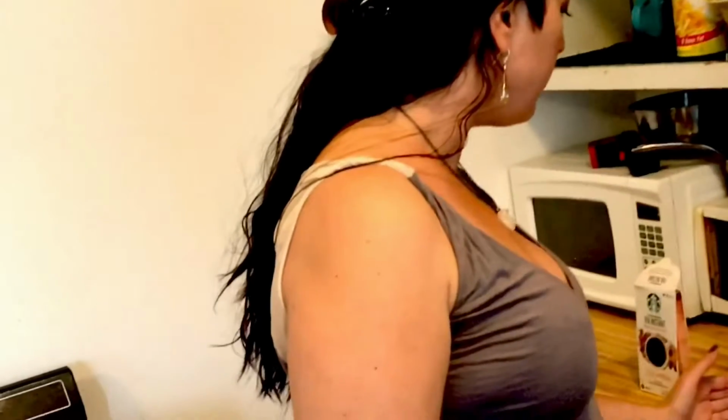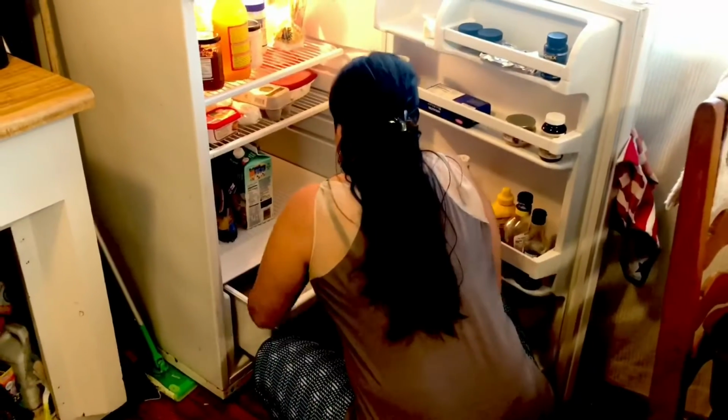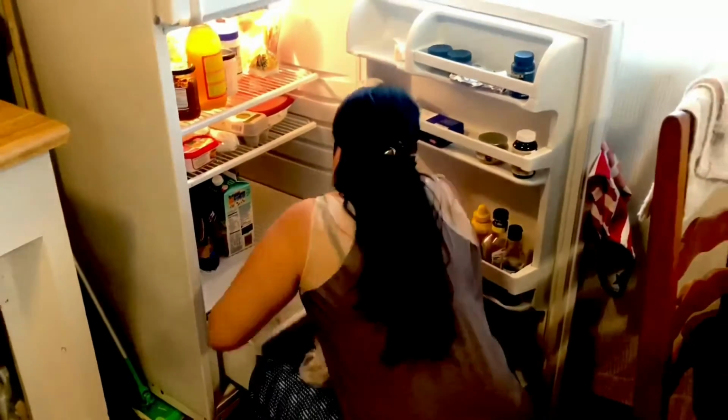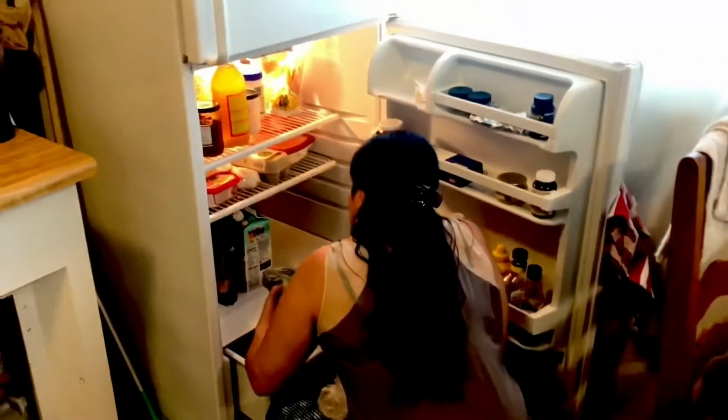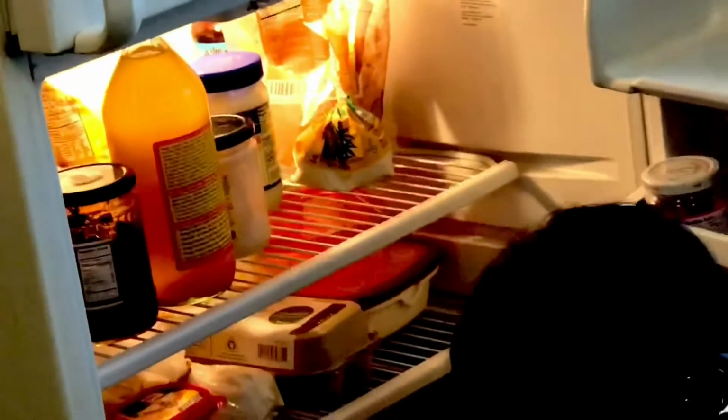Chop up some. I think I got a zucchini, and then some onion because she loves onion. And then I got a bell pepper, and then, oh, some broccoli. Should we use that? Oh, yeah, it's not gonna be good in the thing, but...